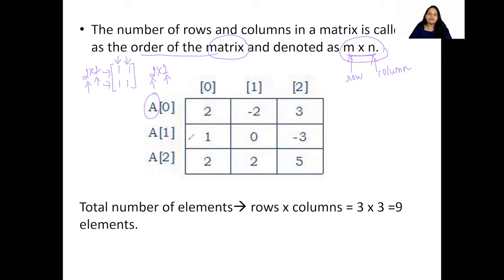Now, how do we find out the total number of elements in a given two-dimensional array? Suppose I know that I have a two-dimensional array S whose number of columns is 3 and the number of rows is 3, then I can directly say that the total number of elements should be 9, isn't it? So if it is S of 2, 2, I know that the total number of elements in this particular array is nothing but 2 into 2, which is nothing but 4, right? So that is what is happening here. The total number of elements in this two-dimensional array is number of rows into number of columns, which is nothing but 3 into 3. That's why I'm getting 9. This is how we are going to find out the total number of elements in a given two-dimensional array.